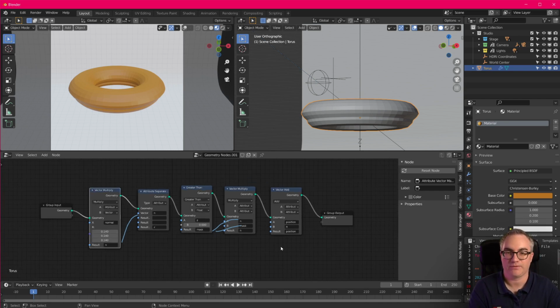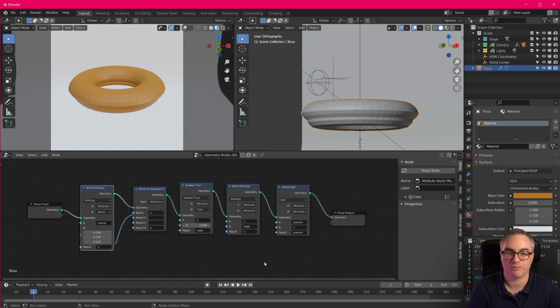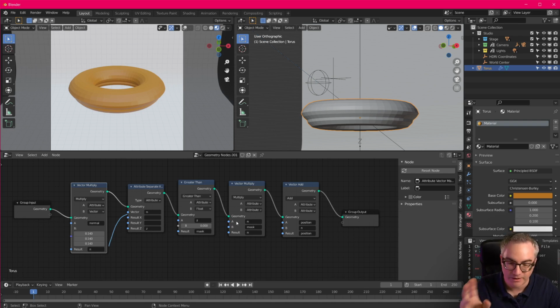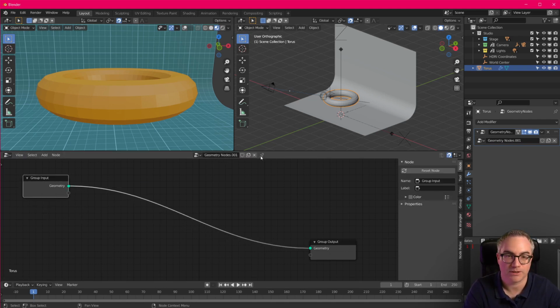And then we have this. So this is super complicated. I personally think the node tree is not readable at all. And I've said this before in other videos. So enough of that. Let's see what the new geometry nodes